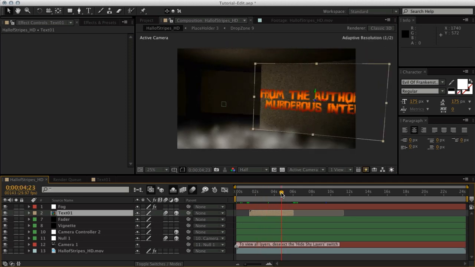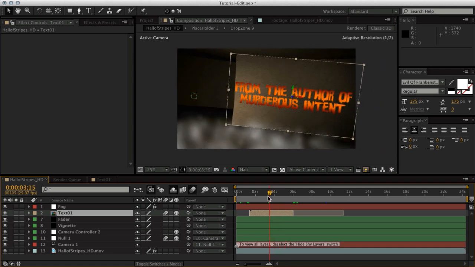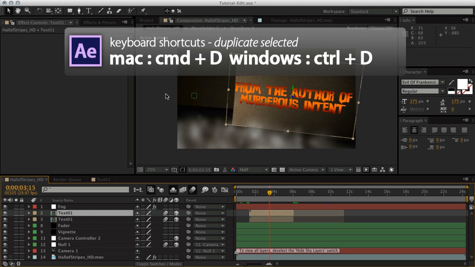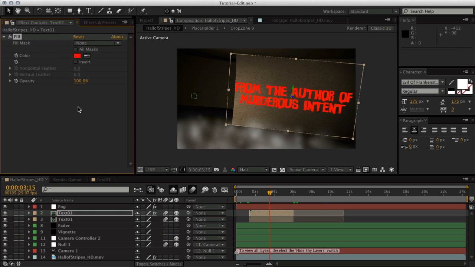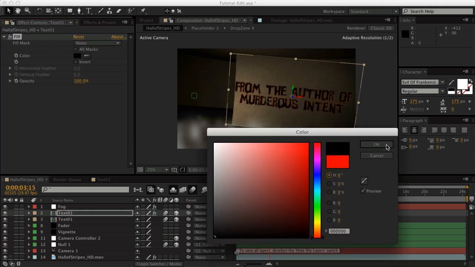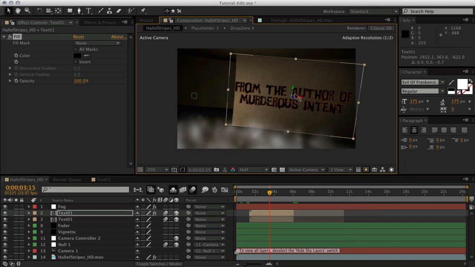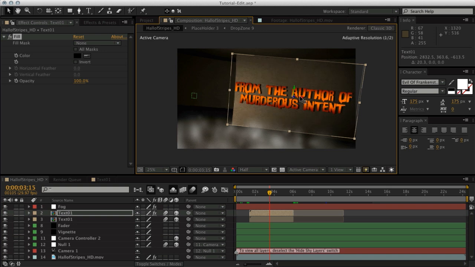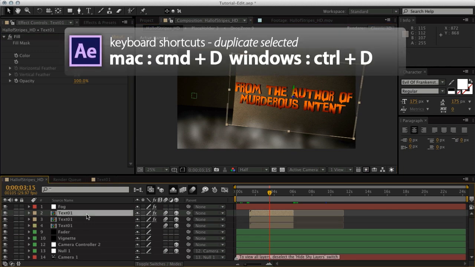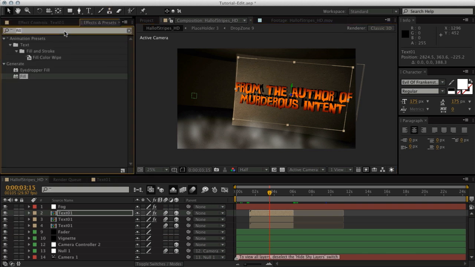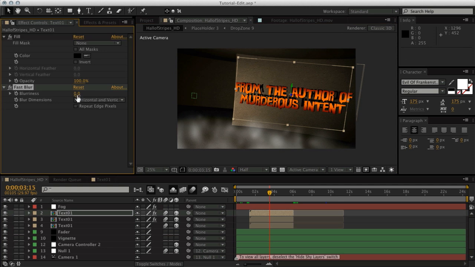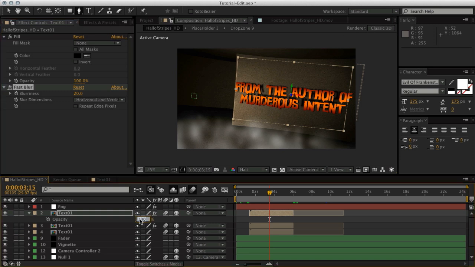And what you need to do is, I wanted to make it more 3D looking. So all I did is I just duplicated the layer, went to my effects, went to fill, generate fill, double clicked, made this black, and then just pushed this behind it a little bit in Z space, and then scooted over. So it's got this sort of depth to it, and then clicked on the text layer again, Command D on Mac, Control D on Windows, push that back even further so it's more of a shadow, and then I went to fast blur, started typing fast blur, and put about like a 20 pixel fast blur on it, turned down the opacity to about maybe 50%,